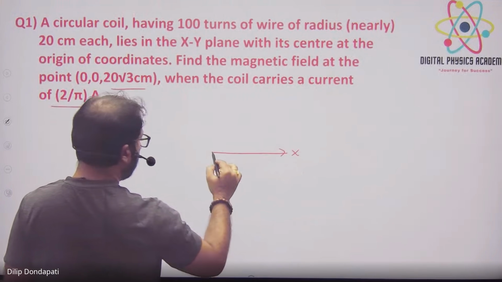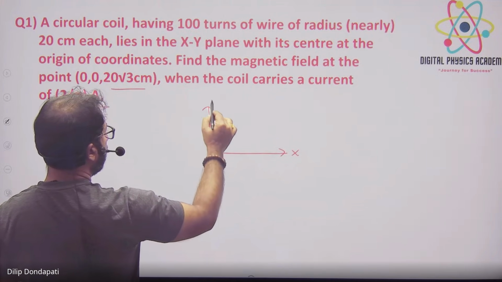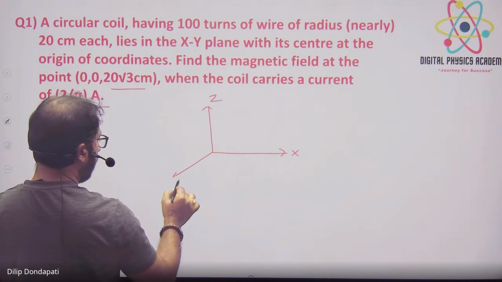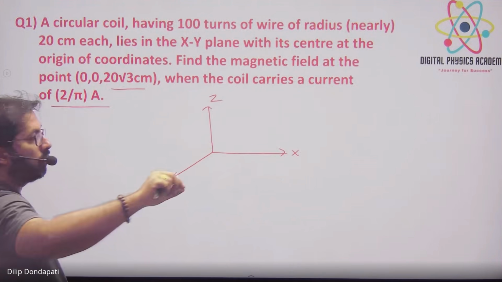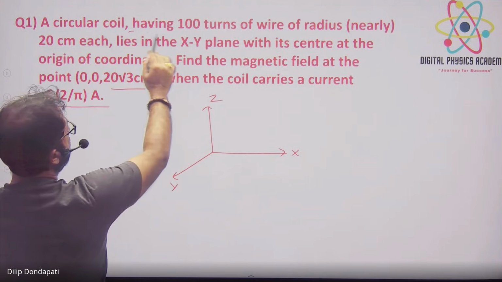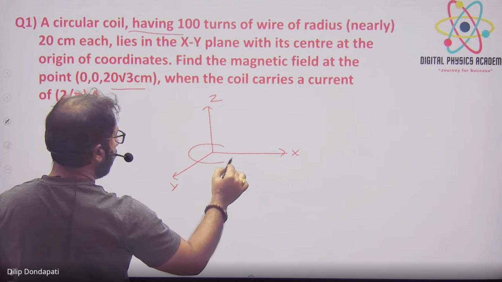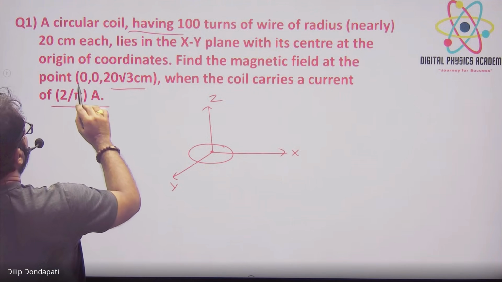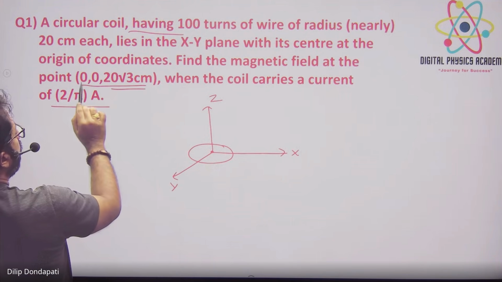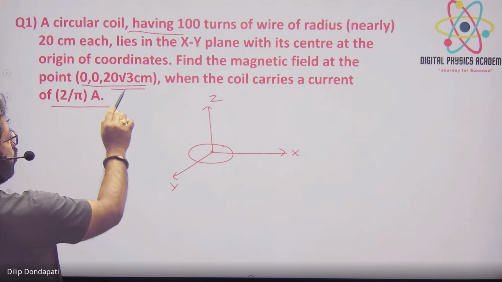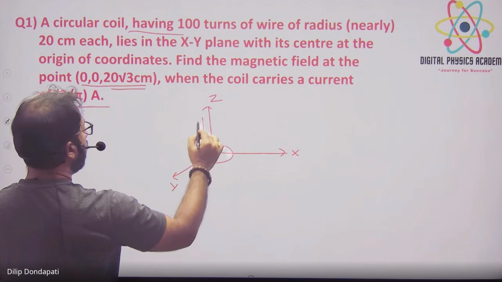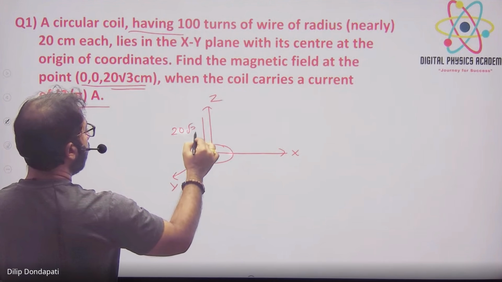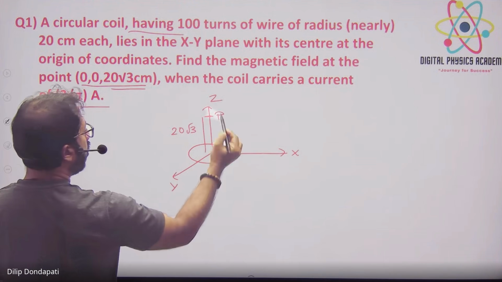Is x-axis, z-axis, and y-axis. Y-axis is coming towards you. A circular coil is there, which is placed at this origin, center में. इधर से which coordinate this is? Tell me. 0, 0, 20 root 3 means which coordinates? Z axis. इधर से 20 root 3 में इस पॉइंट में